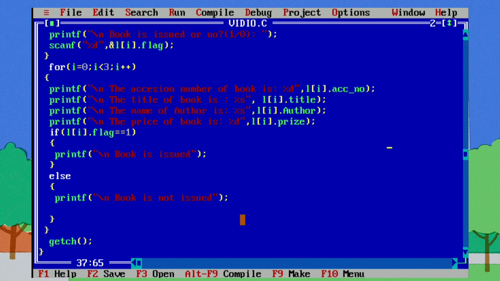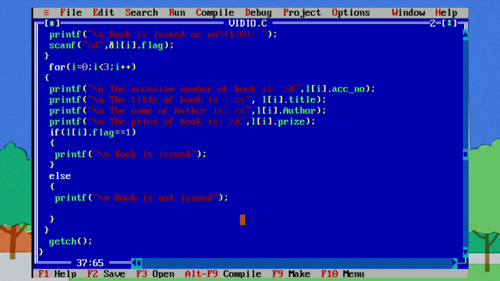Here we again use the dot operator on the accession number. Then printf the title of book is %s, comma L[i].title. Then printf the name of the author is %s, comma L[i].author. Printf the price of book is %d, comma L[i].price;